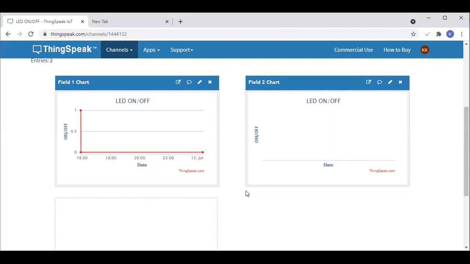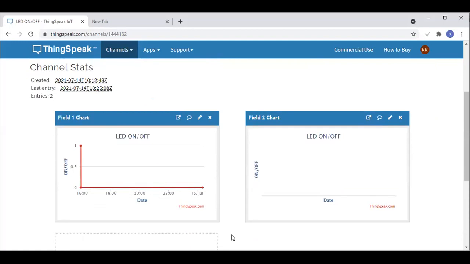I'm just giving an example to you. You can do many things. You have many things to do, and you can explore if you have interest. So this is the interface only.